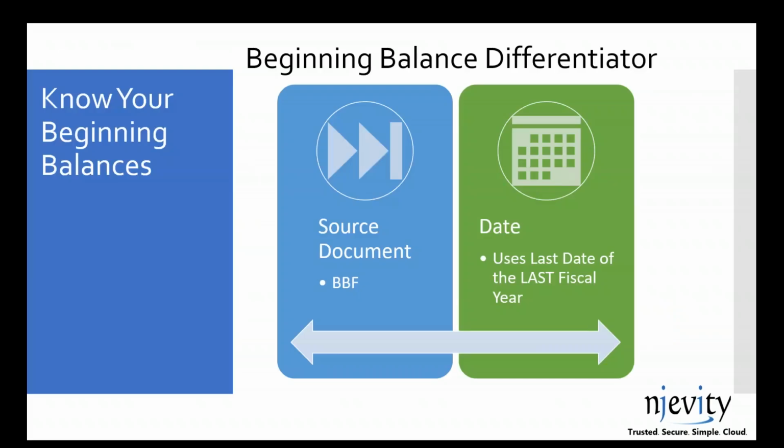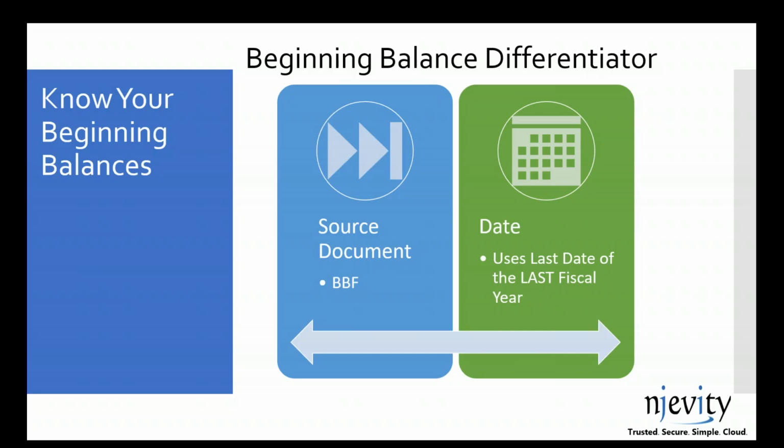Now, one more thing I really want us to know about, we need to pay attention, regardless of what system we have, is our beginning balance numbers. How do the beginning balances work? When we're working with a single fiscal or calendar year, how do we know it's a beginning balance? In the world of GP, we have a differentiator. There's two things that make the line items for beginning balances unique, actually.